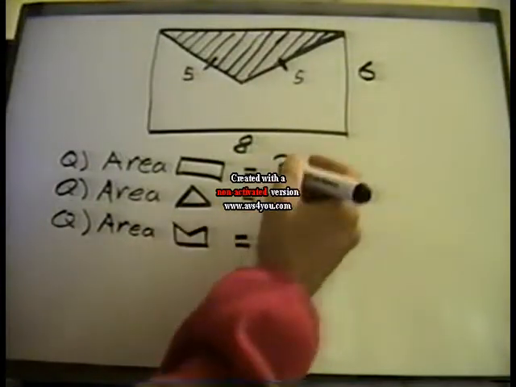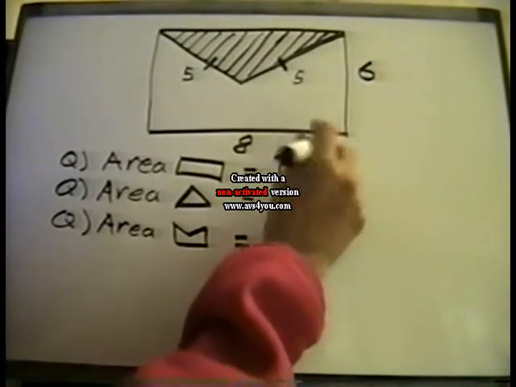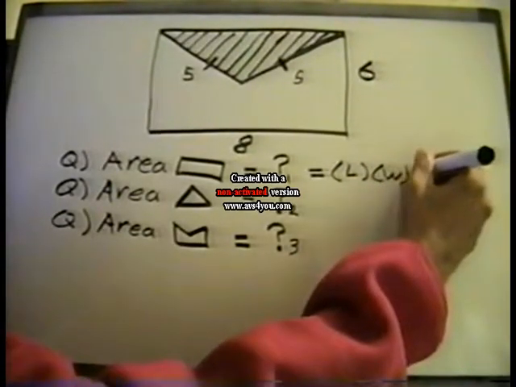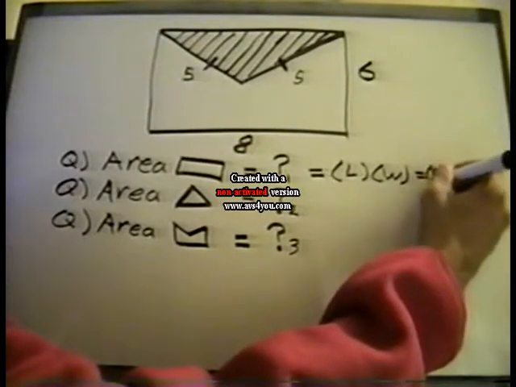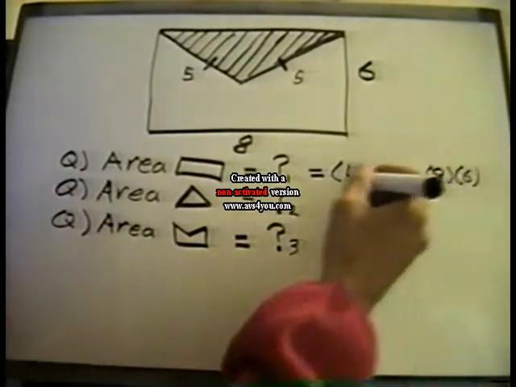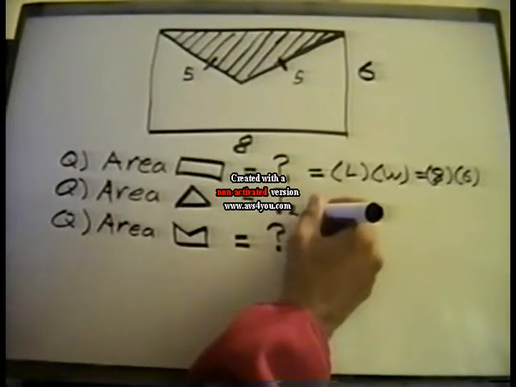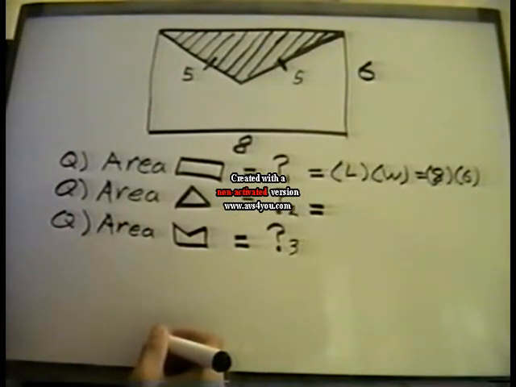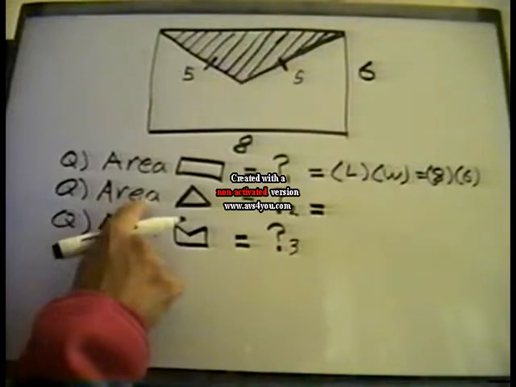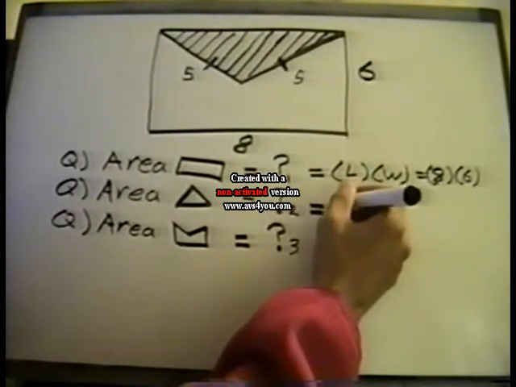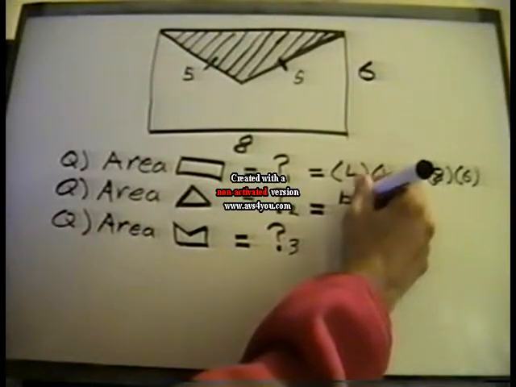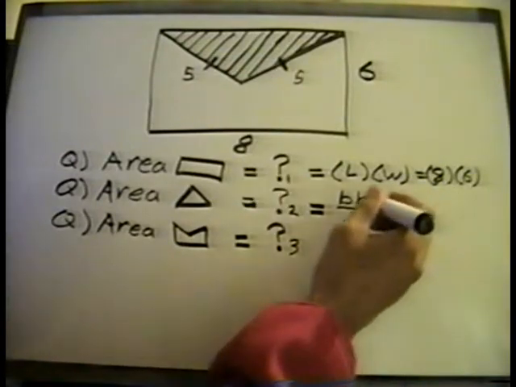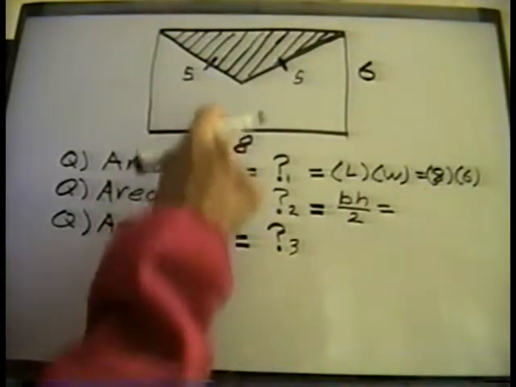Okay, so the area of the rectangle, that's given by the formula for the area of rectangles, which is length times width, which would be 8 by 6. Okay, and that's reported in square units. Okay, so the area for a triangle is the base times height over 2, or 1/2 base times height. Now the base here for our triangle